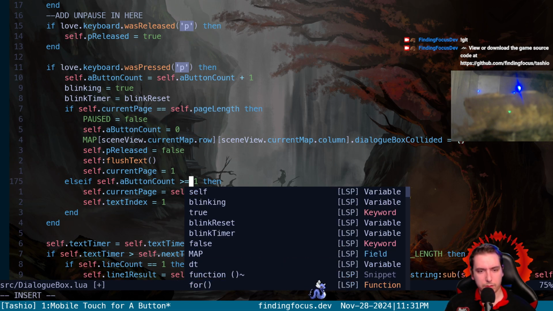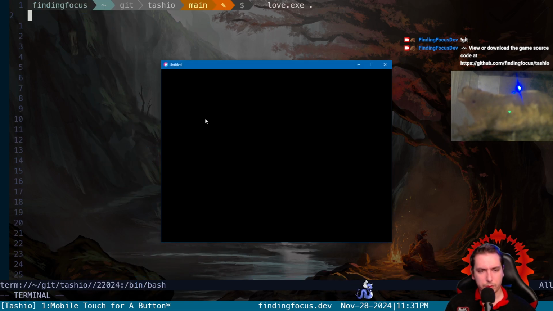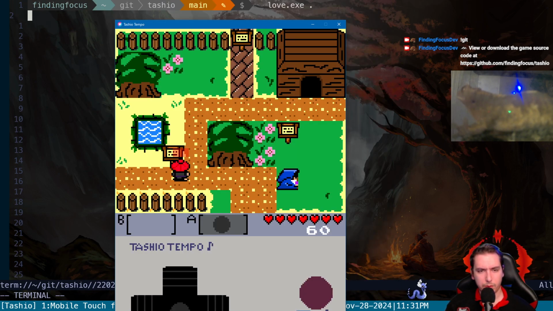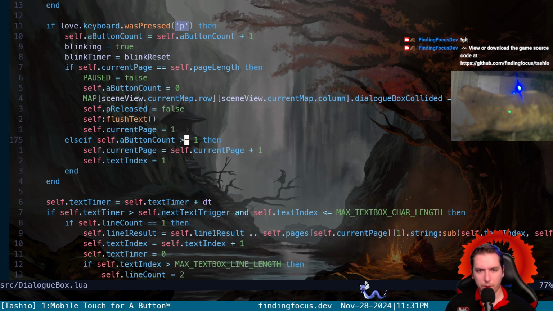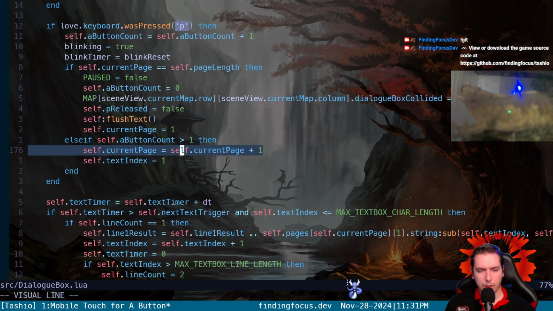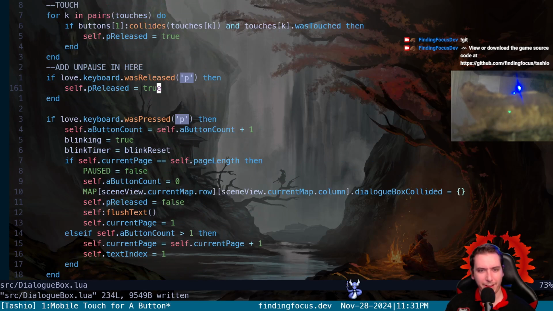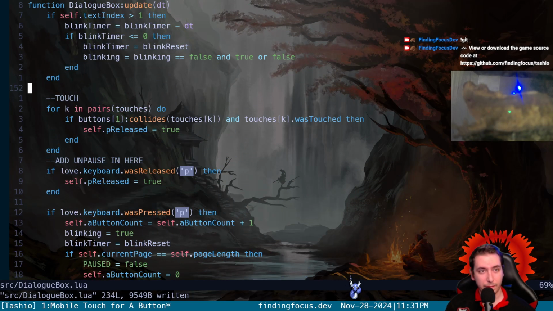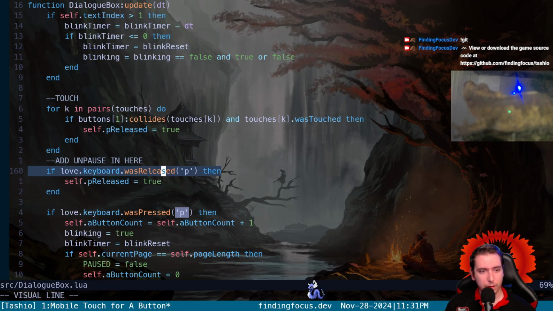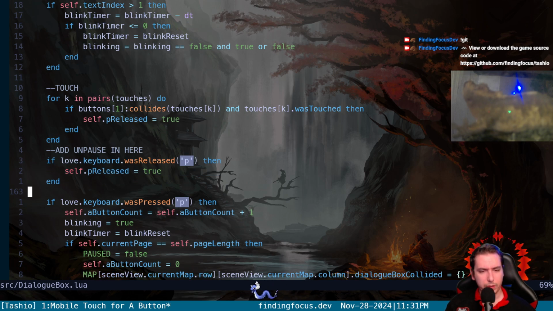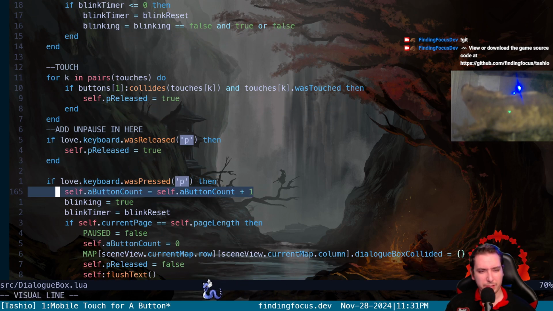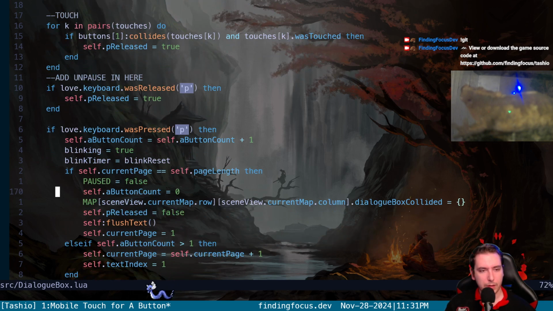Okay, let's try this. If it's greater than or equal to 1, it really doesn't trigger it. Okay. I thought we would be able to do this. Okay, because we're not using P release anymore. If P was pressed, we're going to count our A buttons. And then let's walk this through. If P was pressed on the first time,